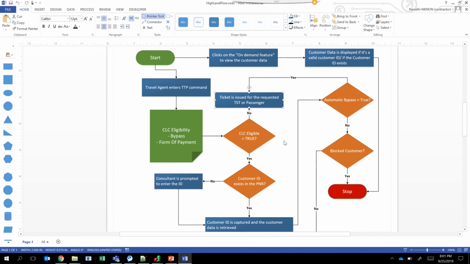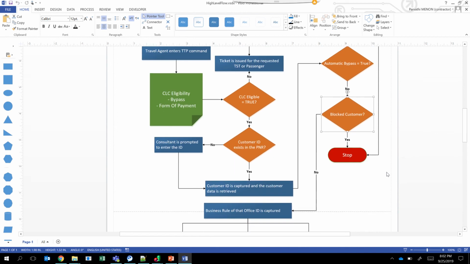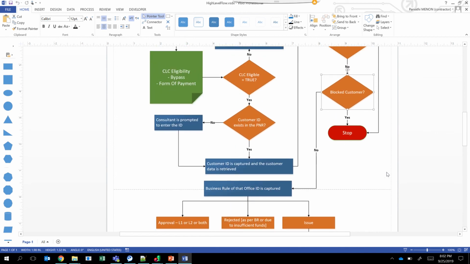Now let's say automatic bypass is not configured as true for that corporate customer, then the script checks if the customer is blocked or not. Again, this data is based on the customer ID that is added in the PNR. If the customer falls into the blocked category, then an appropriate message is displayed and the process stops.